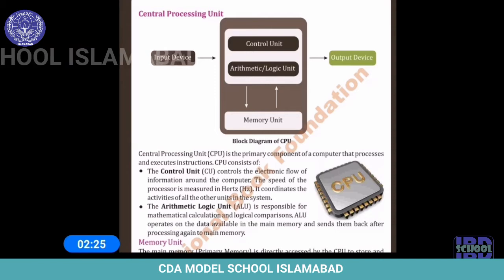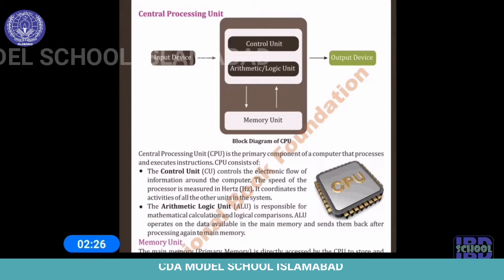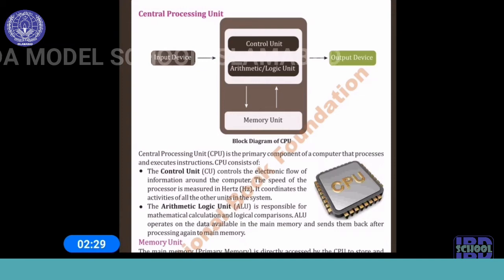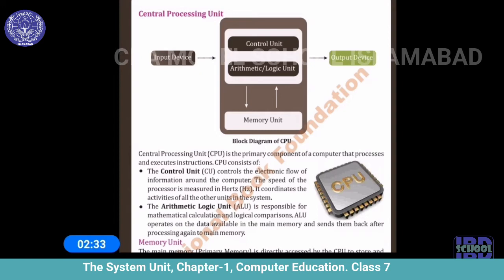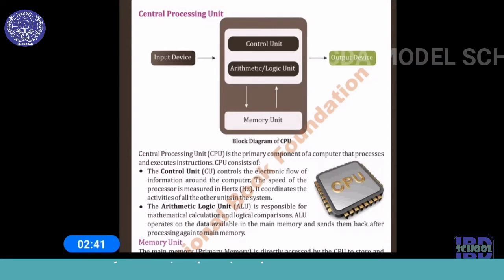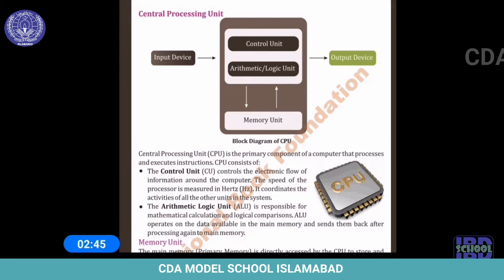CPU is the most important part of computer. It is called brain of computer. CPU is a piece of hardware that carries out the instructions of a computer program. It performs basic arithmetic, logical, and input-output operations of a computer system. Every instruction, no matter how simple, has to go through the CPU. For example, you press any key from your keyboard and the letter printed on that key appears on your computer screen. CPU makes it possible.